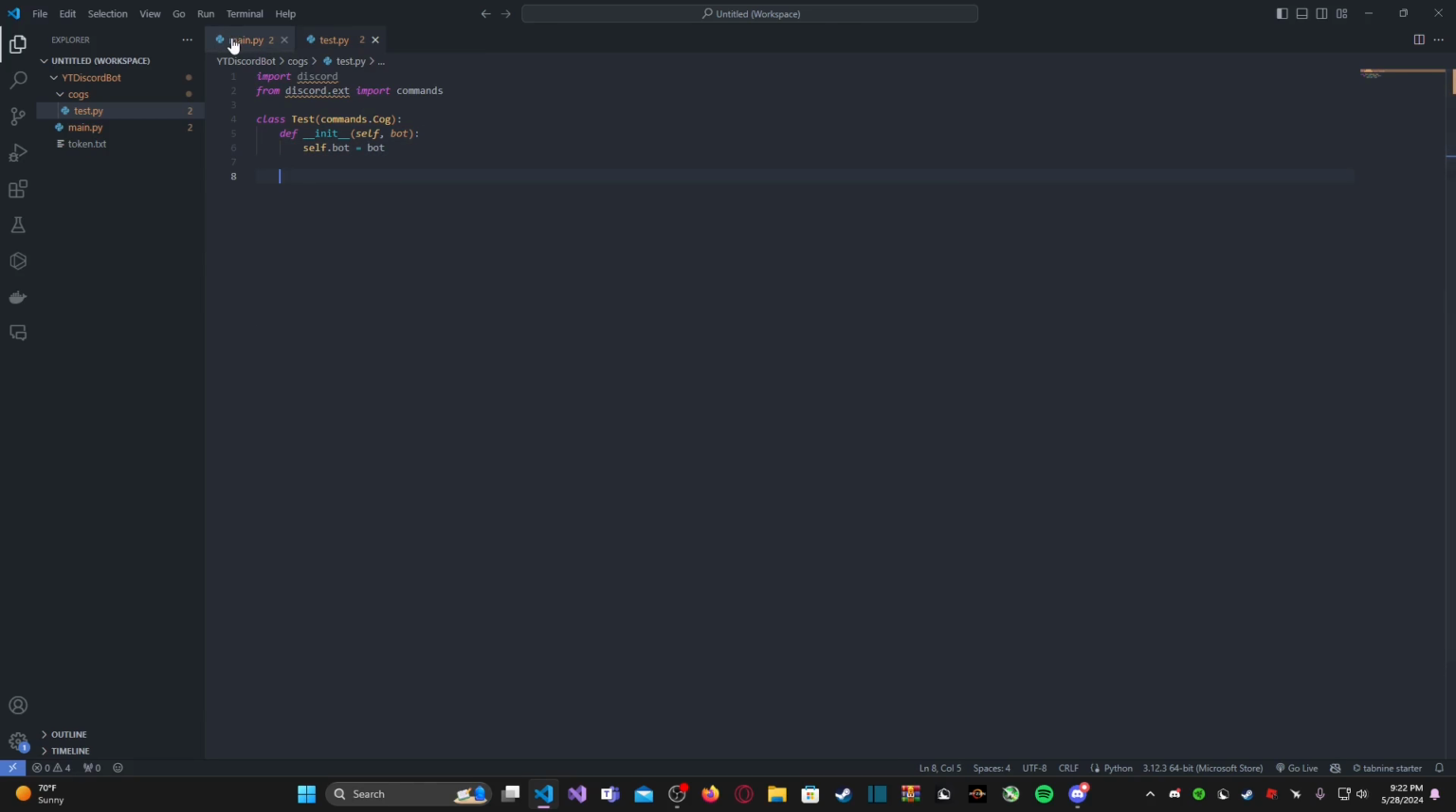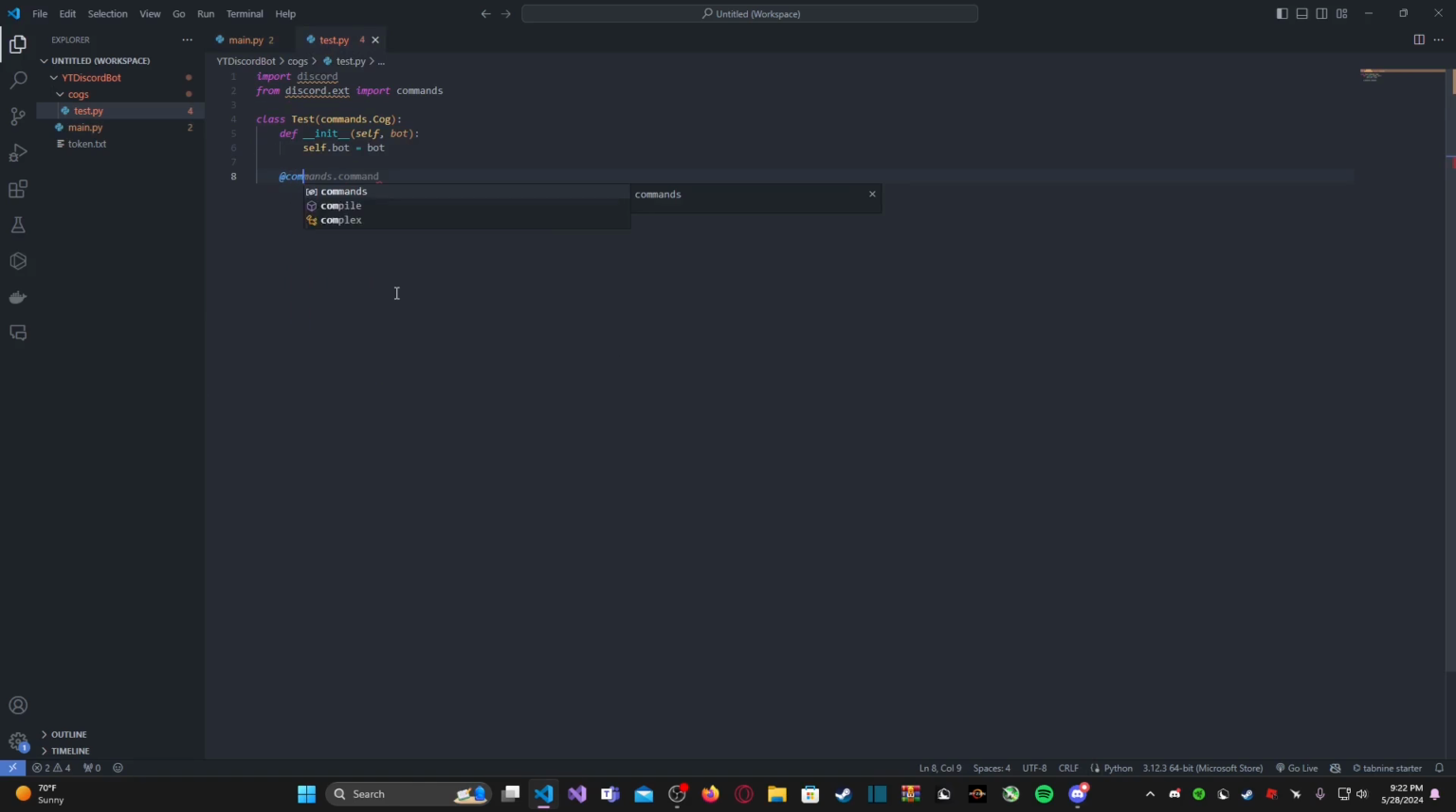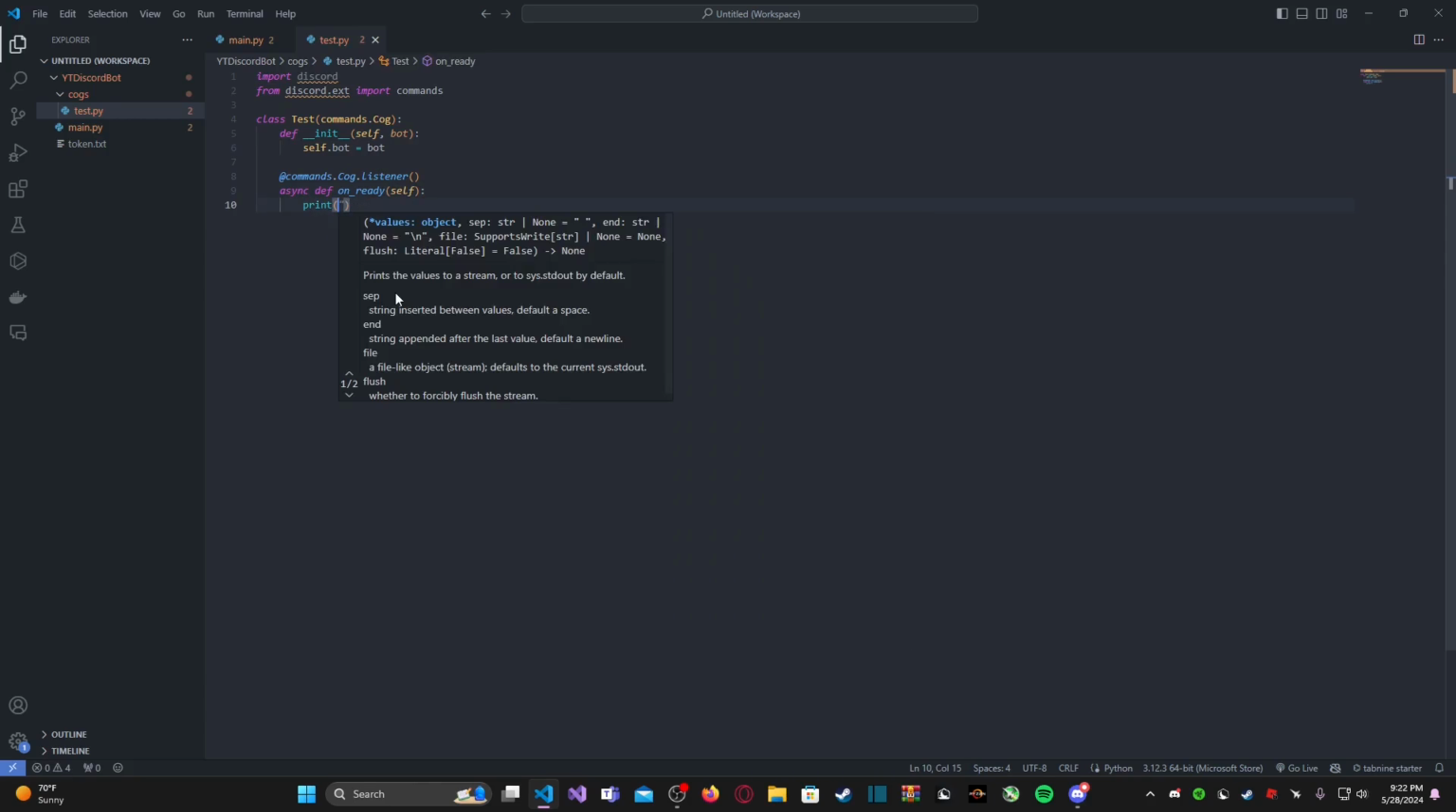Now, how do we make our bot event or on_ready event inside our cog? Well, first instinct, you might just copy and paste this and throw it into here, but there is one key difference. Instead of bot.event, it's going to be commands.Cog.listener. And in here, it's the same function name, but the main difference is this time we're going to pass in self. And then we can just print